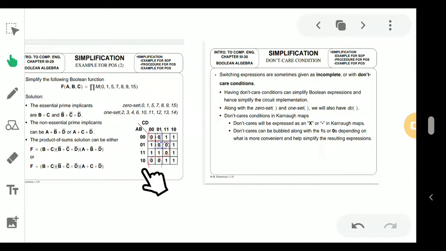So the B value is stagnant, and here the C value is 0, D value is 0, C value is 0, and D value is 1. So the value that is not changed is C, and here what is not changed is B. So that will come. Okay, and for the next one, if you consider these two, which value is not changed? The A value is not changed, and here C and D values are both there, so A, C plus D bar, you can take both.